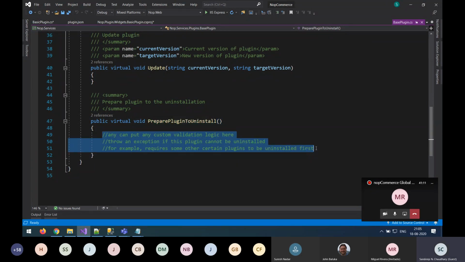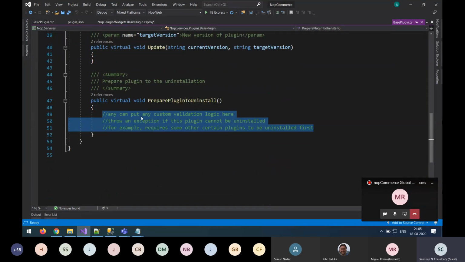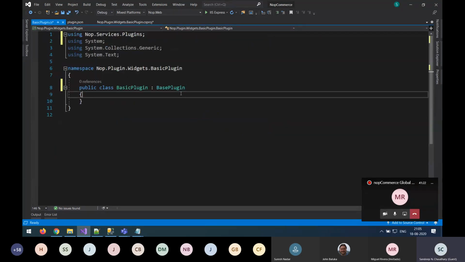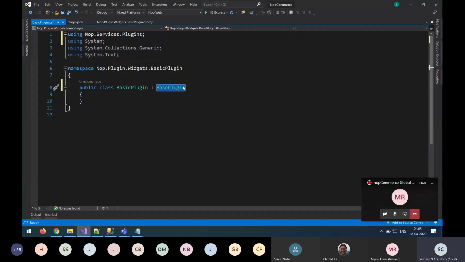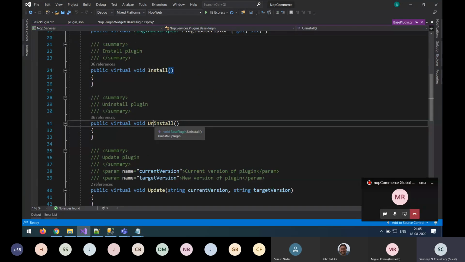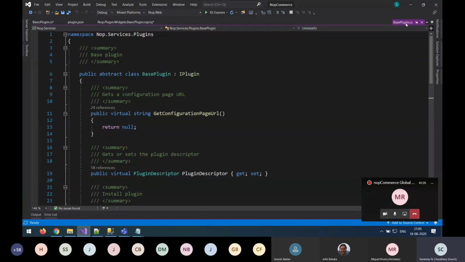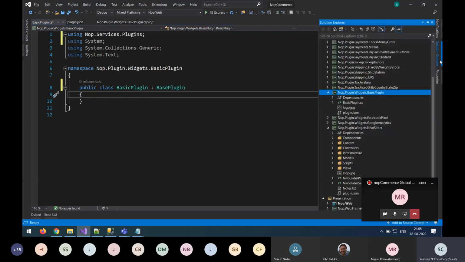Here you can see this beautiful structure of nopCommerce. Each and every method has its comments. Okay, so your plugin is now ready to install. If you don't have anything to do during installation or uninstallation, or you don't have a configuration page, you don't need to implement anything over here. If I say your plugin is ready,